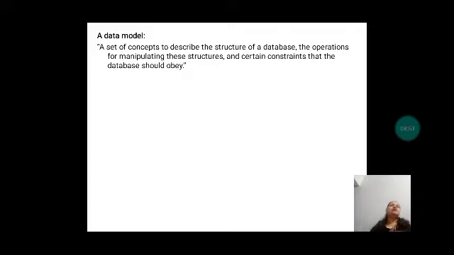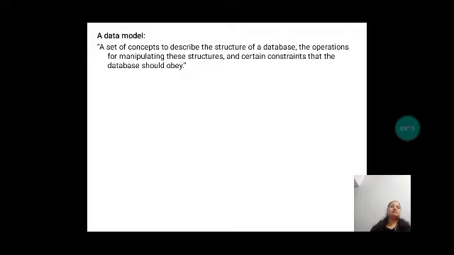And it should have even the operations for manipulating the data afterwards also. And then certain constraints. In the last videos I talked about it, constraints in the sense the conditions that the database should obey, meaning in a particular database only this type of data has to be stored.